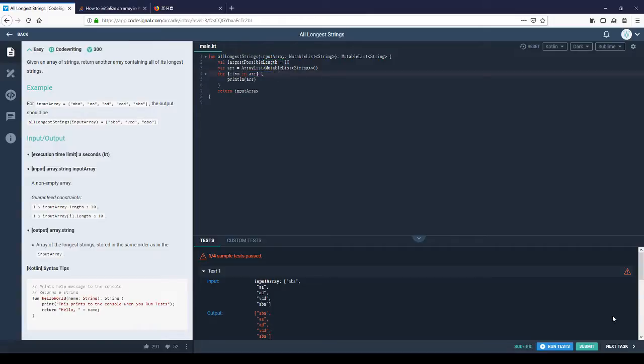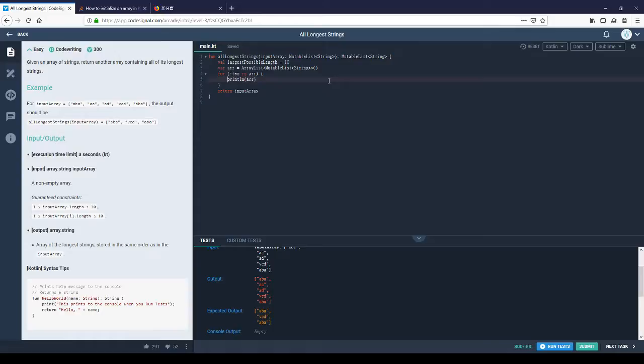For item in array. So it's an empty list, of course. Okay, because it's an array list, so there is no